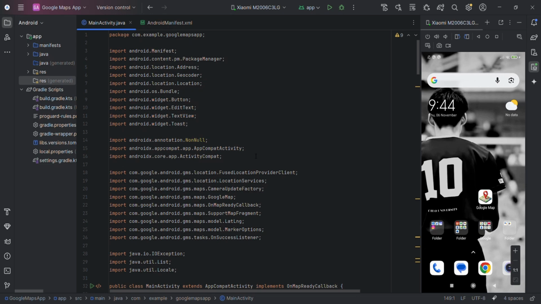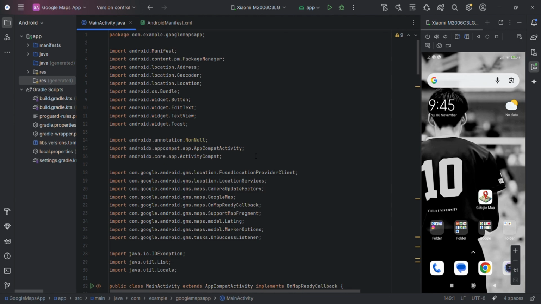Hi everyone! In this video, I'm going to explain the Google Maps app that I developed in Android Studio. We'll discuss how it works, the important information we use, and how we display the user's current location, markers, and map controls. I'll also answer the 8 key questions about location permissions, the Fused Location Provider Client, and map functions. So first, let's start with the difference between ACCESS_FINE_LOCATION and ACCESS_COARSE_LOCATION.